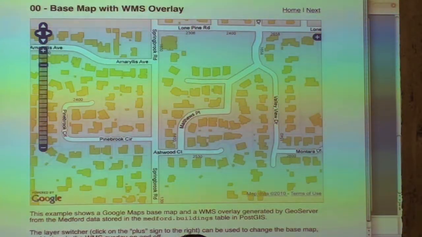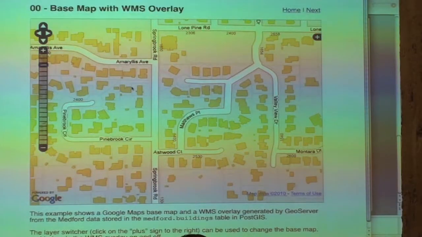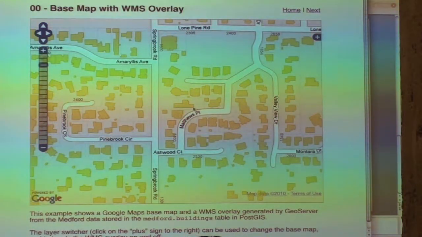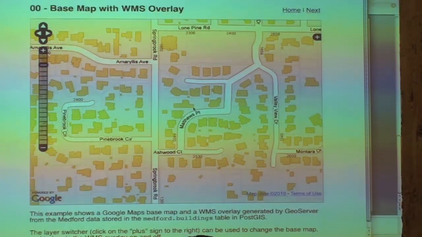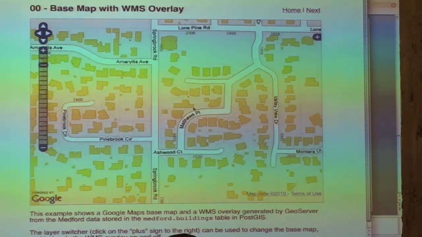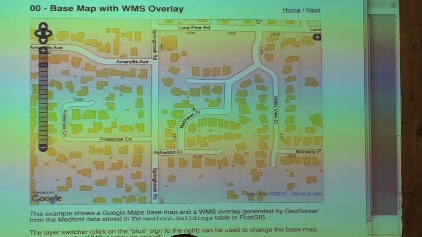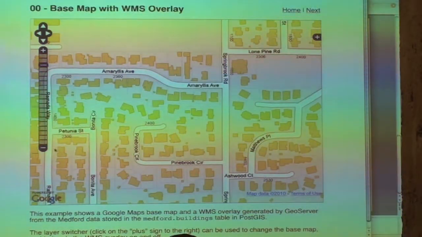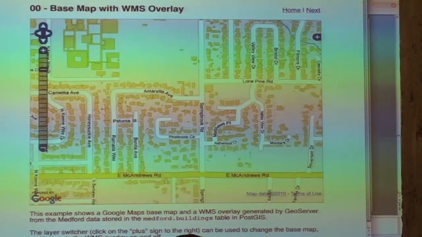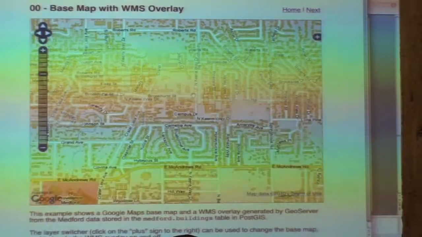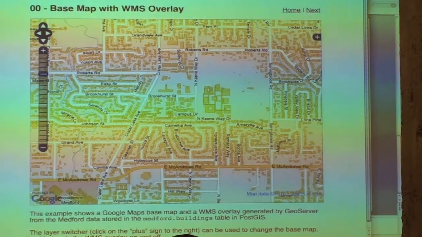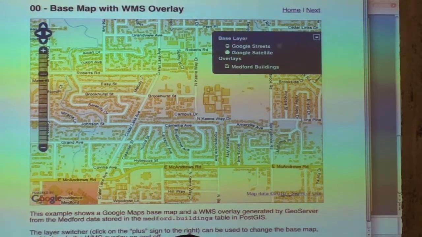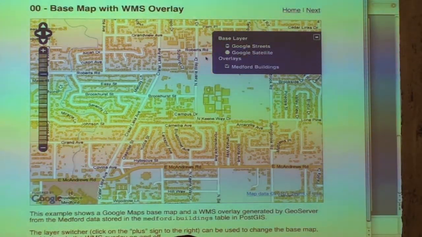Basically this thing here, you see it? It's a JavaScript library that you can use to combine a whole bunch of different tiles from different sources. In this case, this thing is called OpenLayers. It provides you the same slippy map feel. You can zoom out, zoom in, and move around. And what we're doing here is basically we have the standard Google Maps